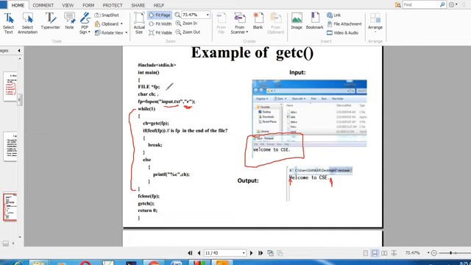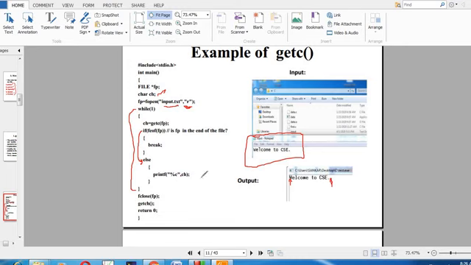Here I have declared char ch equal to getc of fp. Once it fetches the value, we check whether the file pointer is at the end of the file or not. Actually, it is the first position, followed by so many characters. The end of the file is here, where there is no value. So here I am going to check if it is the end of the file or not. It is not the end of the file. If it is the end of the file, there is no need to continue the looping operation. Here it is not the end of the file, so the condition comes to the else portion.